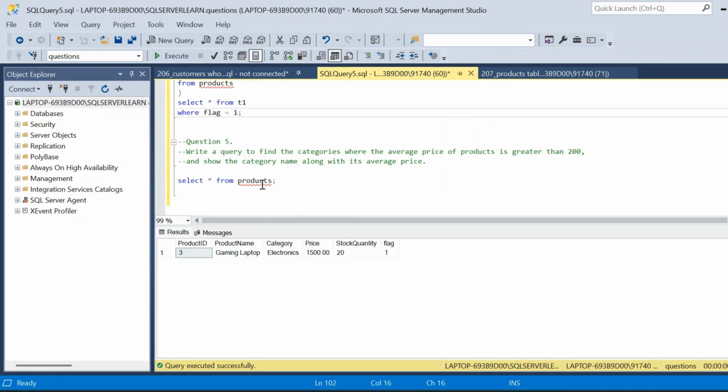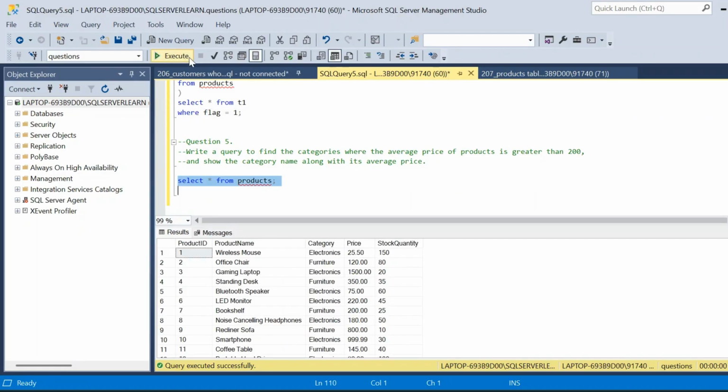Now moving on to the fifth question, we have to write a query to find the categories where the average price of product is greater than 200 and show the category name along with its average price. So from the products table, we have to find the average price within each category, and then we have to filter the result based on the condition that is given, and also display the category name along with its average price. So we will start with select star comma,